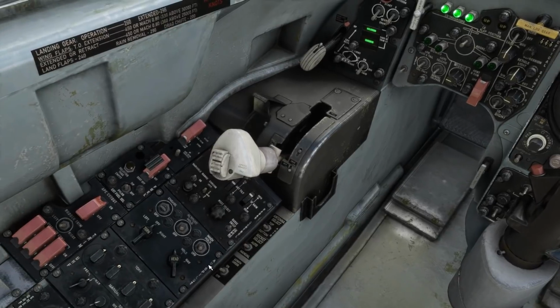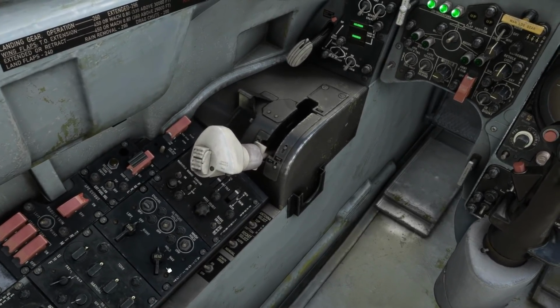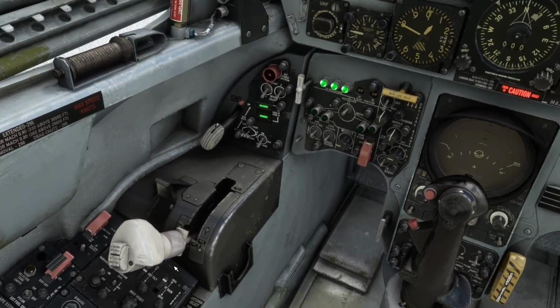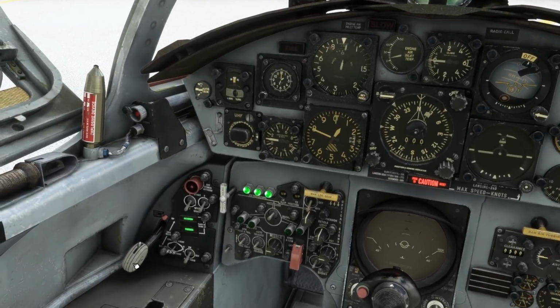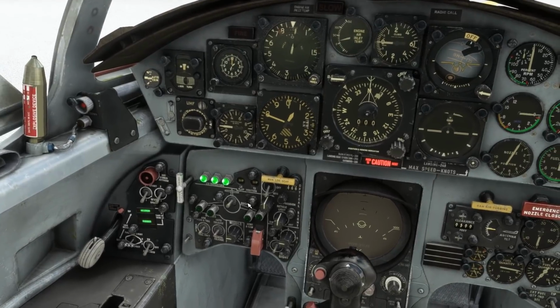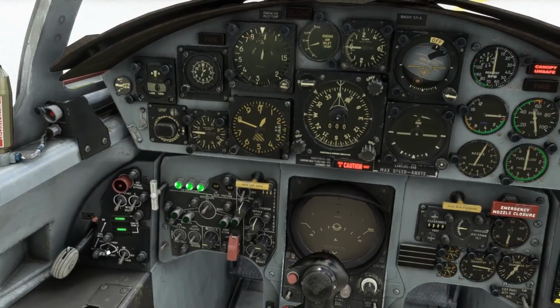And another nice addition to the F-104, we now have an autopilot panel with various features, although again we're not going to be looking at that today. Wing flap lever is selected up. Throttle is off, speed brake switch is in, landing gear lever is down, the red light is out, landing gear unsafe warning light is out, landing gear indication we have 3 greens, landing and taxi lights are off, anti-skid switch